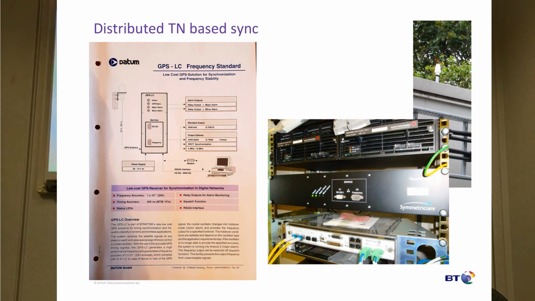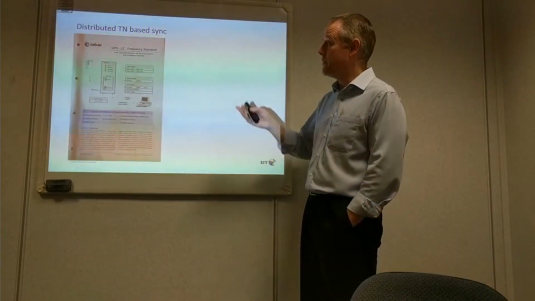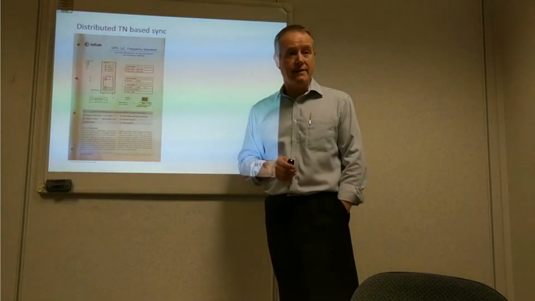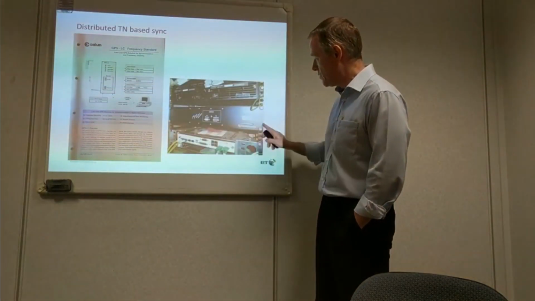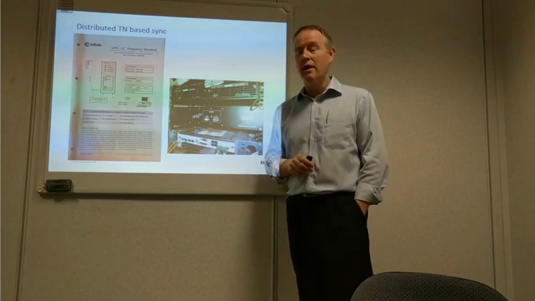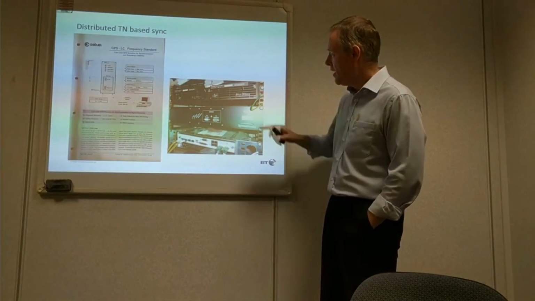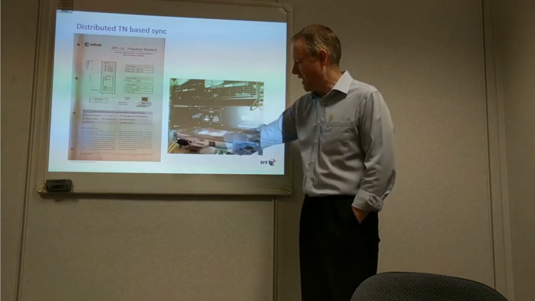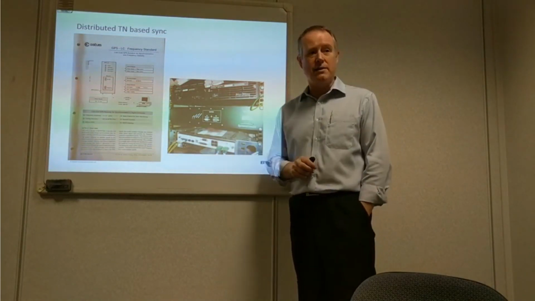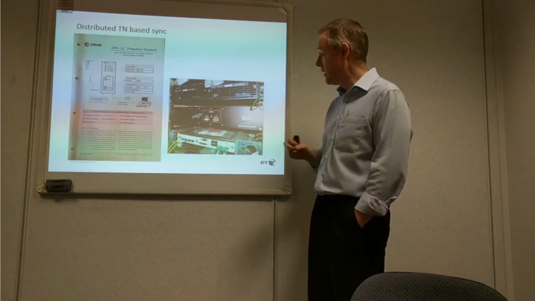The actual oscillator and GPS clock source that was deployed to site in the case of Orange UK was this Dayton GPS LC unit. Now Dayton had just been bought by Symmetricom at the time actually, which is why the module shows Symmetricom on the photograph here. You can see the bottom of a PSAX 2300. There's actually an Alcatel-Lucent STM4 MUX down the bottom here as well from the transport network, and here you can